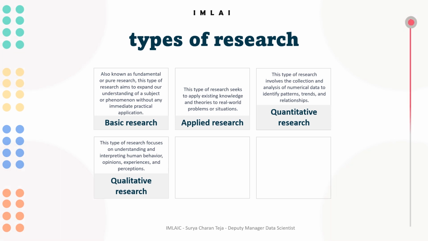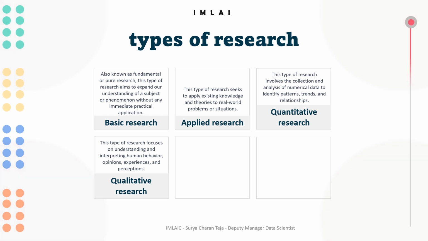That's what I'm telling. Most of the data scientists fall into either quantitative research or qualitative research, because of course they won't be collecting the data. Data collection will be done by some other person, and then the researcher's job is analysis of numerical data, identifying the patterns, trends, and relationships, and building a model out of it, and the model will take care of the rest of it. Okay, so that's our qualitative research.